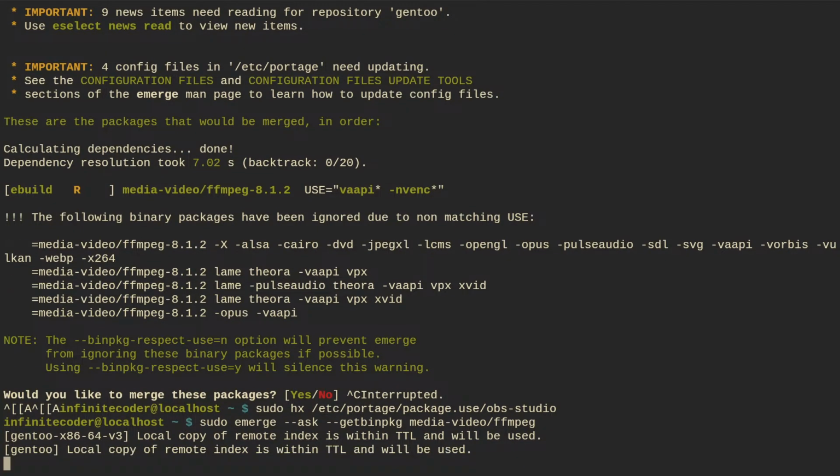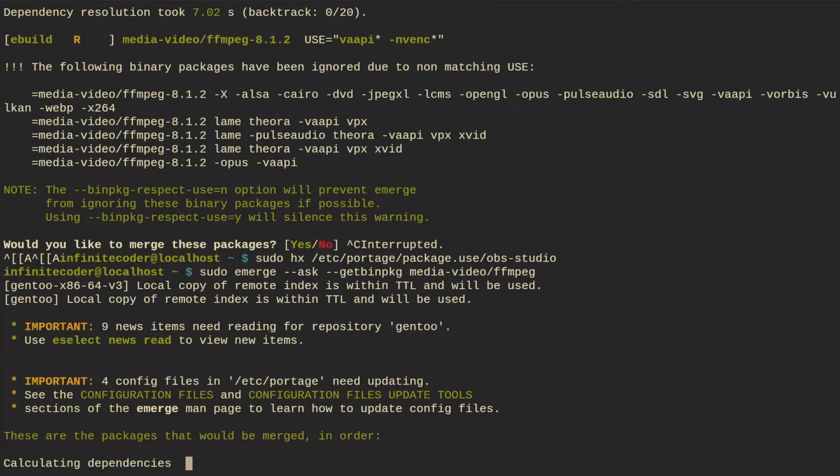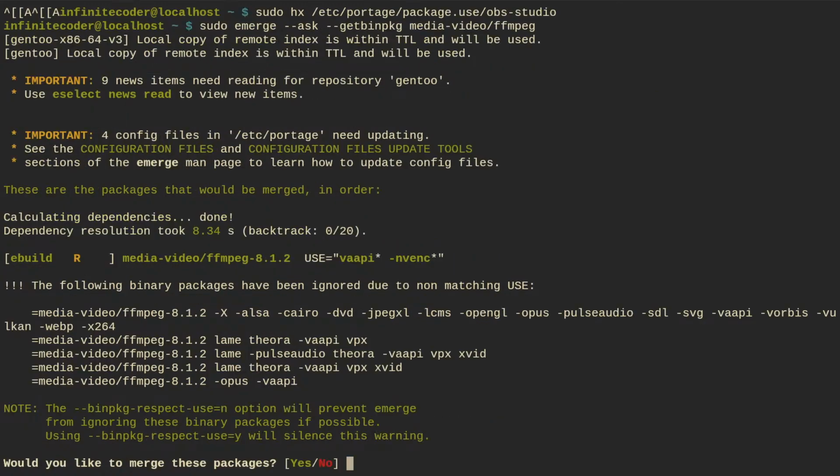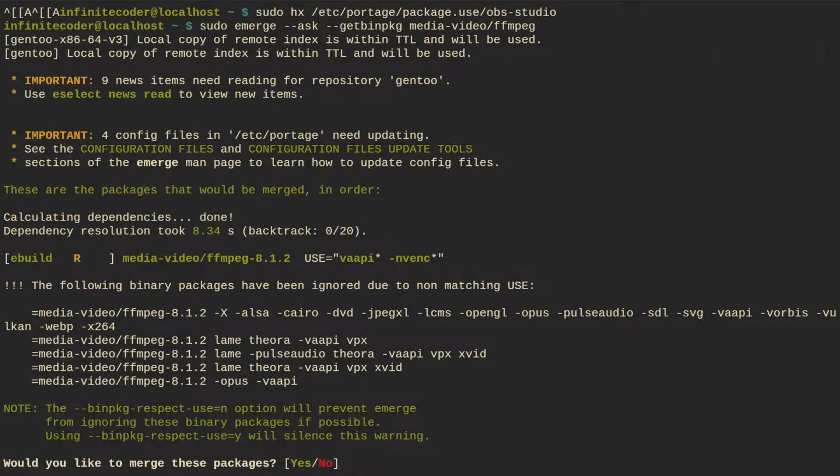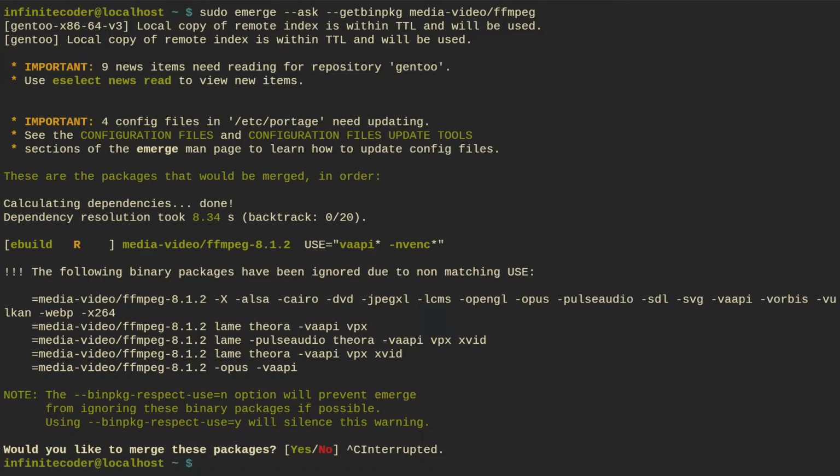So I need a package which has VA API in it, and there are no pre-built packages which have VA API in them, as we could see. This one is just the default set. Well, yeah, I guess we're building it from source.